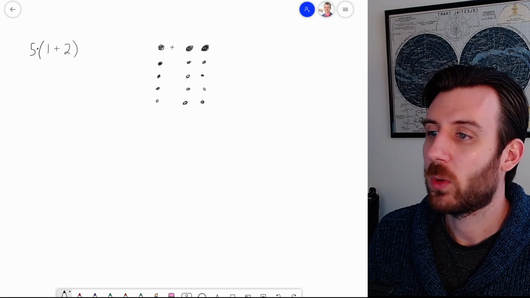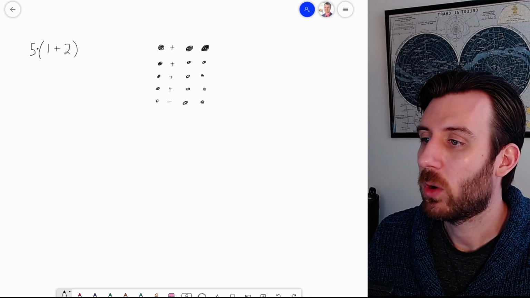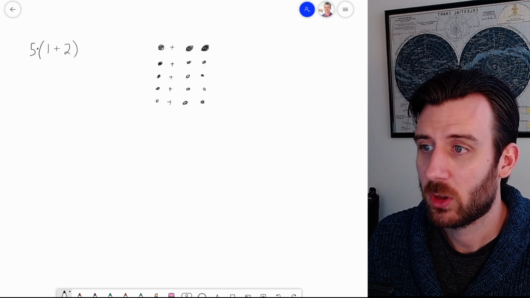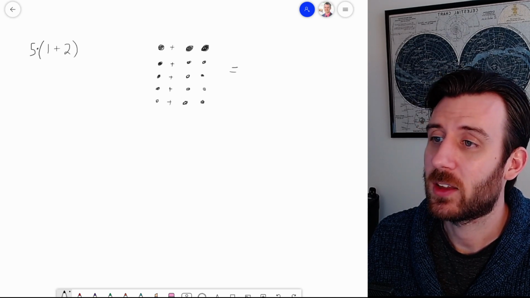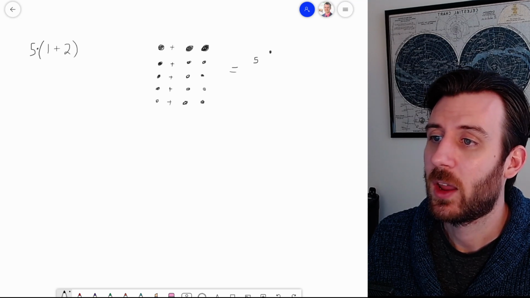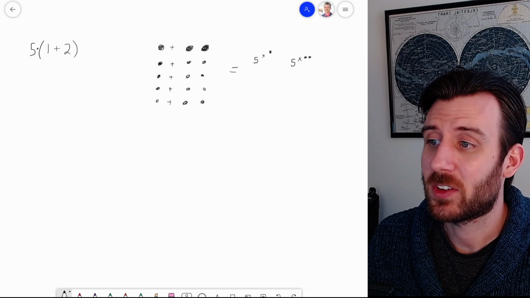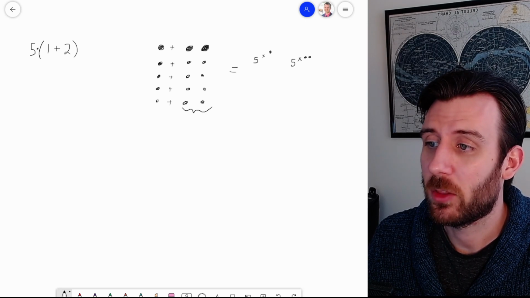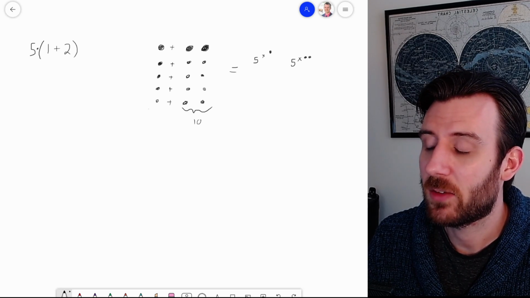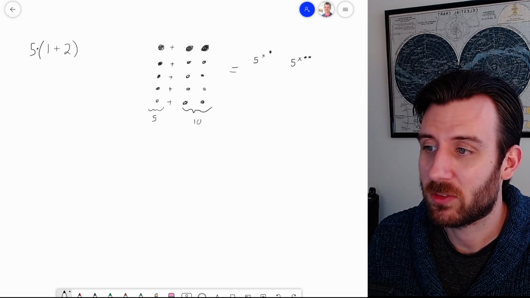And so what are all the different ways that we can look at this entire thing? Well, we could look at this entire thing as saying I have 1 and 2 5 times, or we could look at this entire thing as saying I have 5 of these 1s, right? And I have 5 of these 2s. In other words, if I counted up all these dots, I've got 10 dots here, and here I've got 5 dots. So I've got 5 groups of 1 and 5 groups of 2,